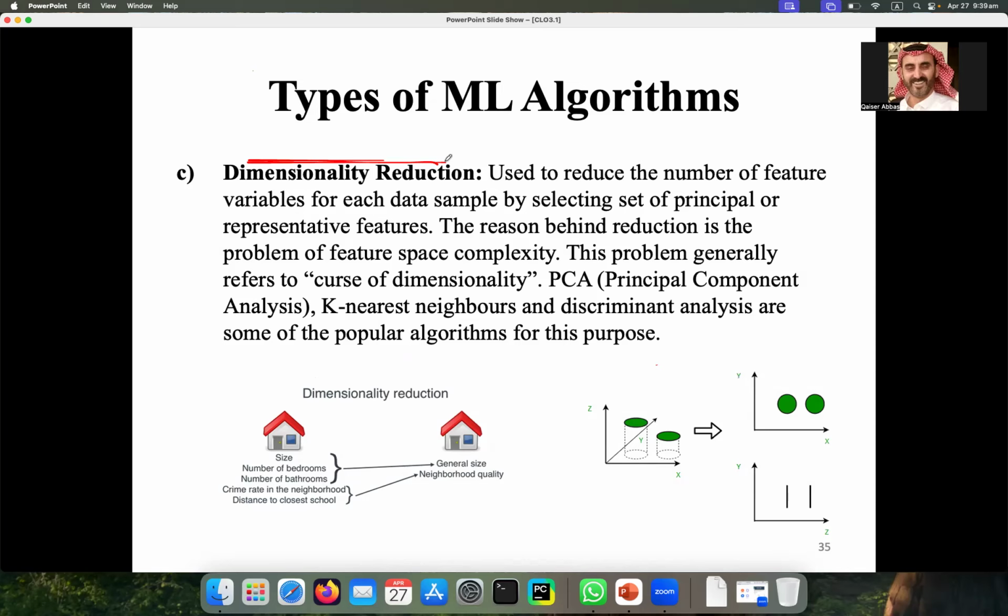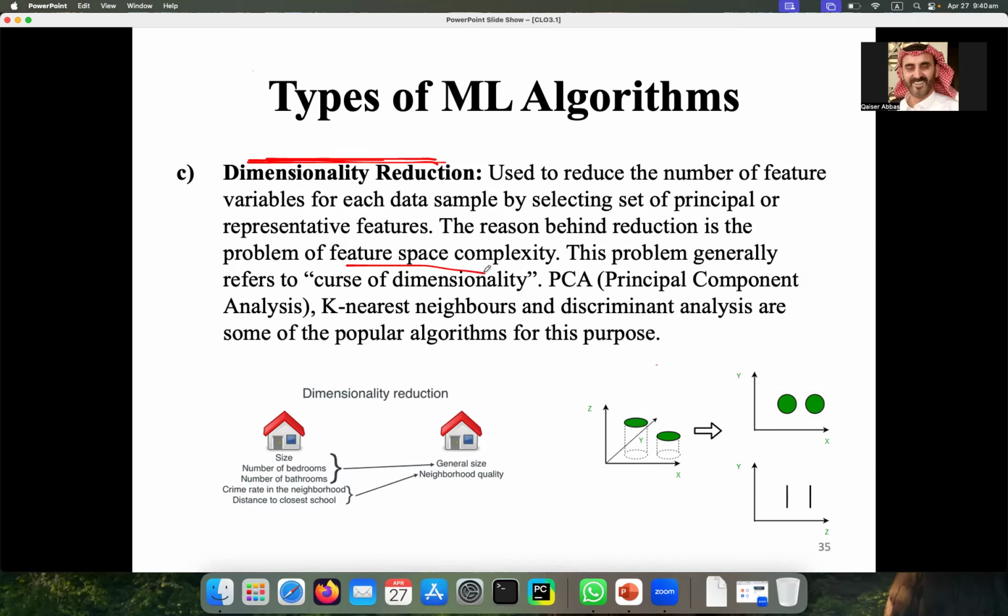And if the dimensionality of your data is large, then the machine learning model will take too much time in learning. So you have to reduce this dimensionality, you have to reduce this size. When you reduce that, this is called dimensionality reduction. And when your data dimensionality is large, this is called curse of dimensionality.